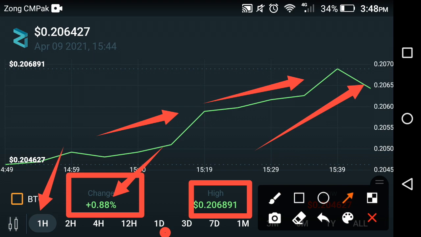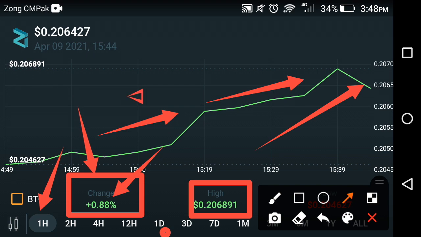So friends, according to the price prediction, as you know, the Zilliqa coin fell down, but now they have taken a small jump. That is why the change is positive, and soon there will be a high explosion of the Zilliqa coin. It comes after 12 and 13 April. The big explosion of Zilliqa starts now.